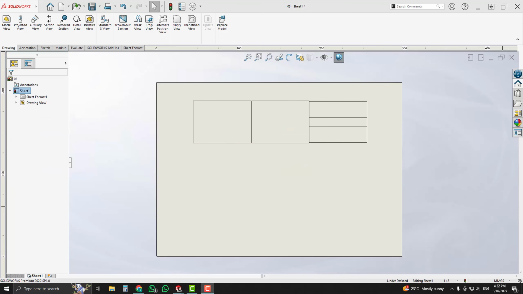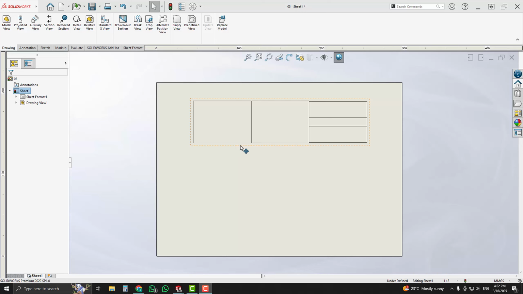A removed section in SolidWorks Drawing is a type of section view that is placed away from the cutting plane rather than aligned with it. It helps in displaying internal features of a part without breaking the overall drawing layout. In the default drawing view, you may not fully understand the complete geometry of the 3D model because many internal features are not visible. However, by creating a removed section view, you can clearly see the internal geometry and better